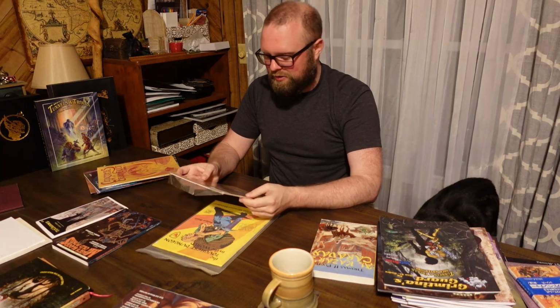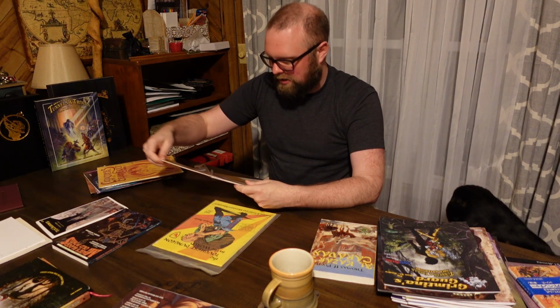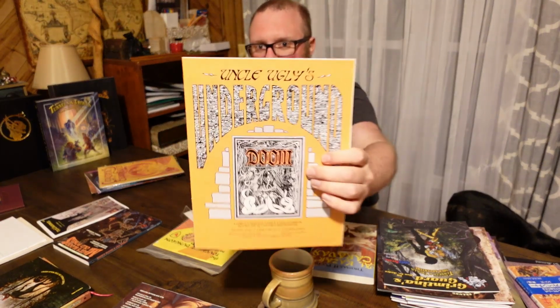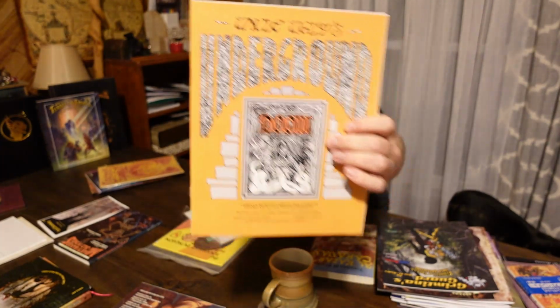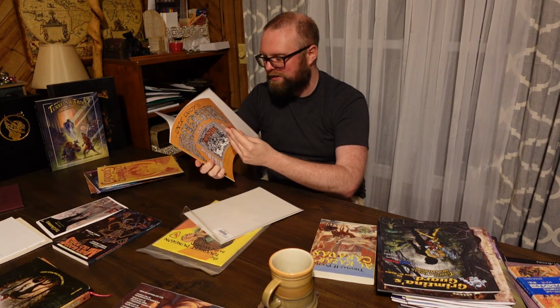Up next, we have sort of a funny one. In fact, I'm actually going to pull this one out. It is Uncle Ugly's Underground by John Carver, who is the brother to Rob Carver, who's done a whole lot of illustration work for Tunnels and Trolls from near its beginning again. Now, what's funny about this